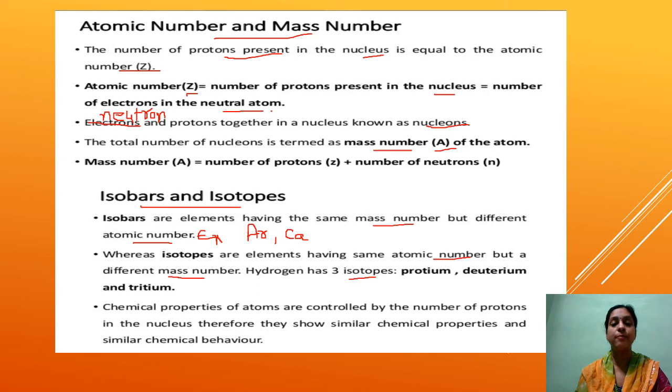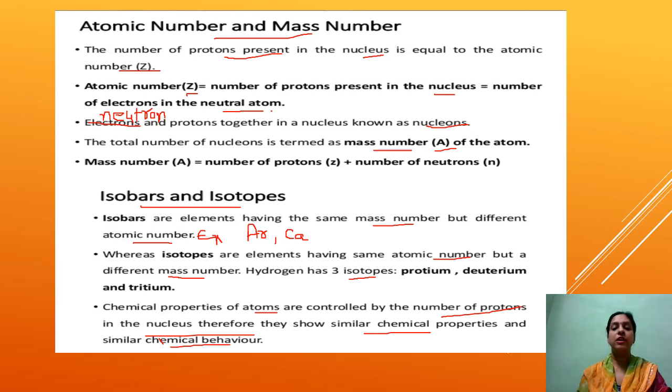Hydrogen has 3 isotopes: protium, deuterium, tritium. All of these have the same atomic number, that is 1. But if we talk about the mass number, protium has mass number 1, deuterium has mass number 2, and tritium has mass number 3. The chemical properties of atoms are controlled by the number of protons present in the nucleus, or we can say the number of electrons in the atom,